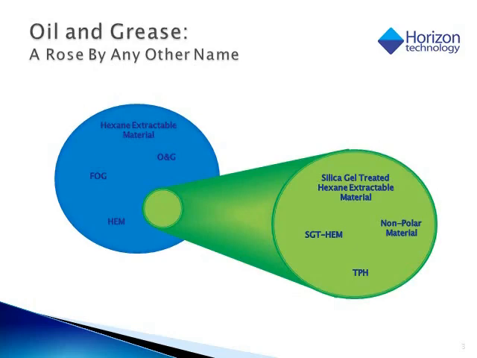Oil and grease goes by a few different names. For example, in Europe it's called Hexane Extractable Material. It also may be called fats, oils, and greases. So to be sure that we're all speaking about the same thing, what we're talking about today are those analytes which are extracted out of an aqueous matrix by N-Hexane. As a subset, if we treat N-Hexane extract using silica gel, we get only the non-polar materials as specified by